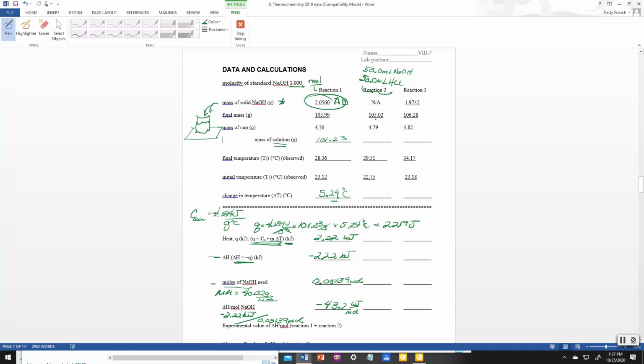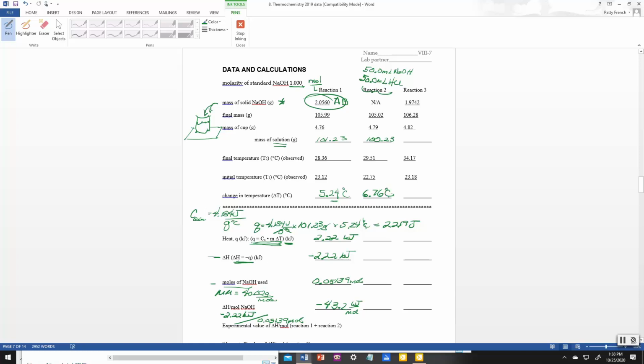So when I added those, I ended up with 100.23 grams. During the time I put these solutions together, you will have noticed that immediately the temperature change happened, and the temperature change for this particular neutralization reaction with aqueous solutions was